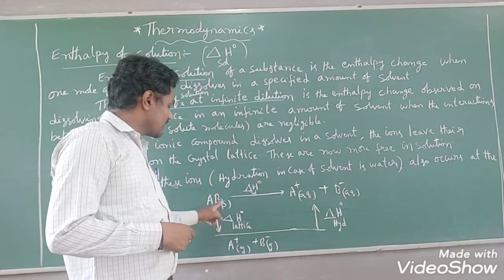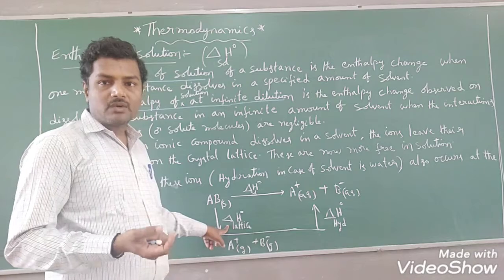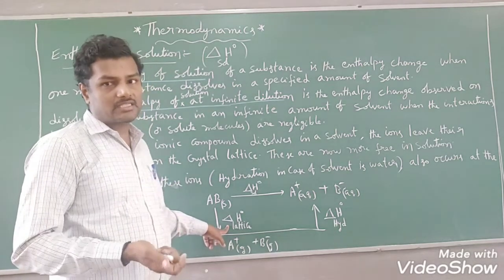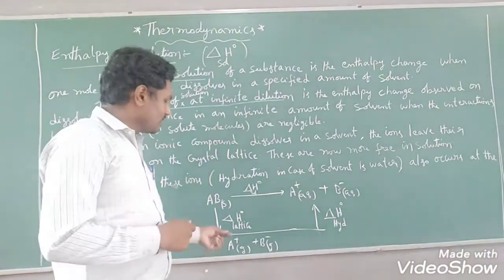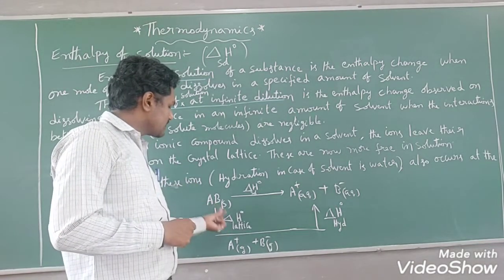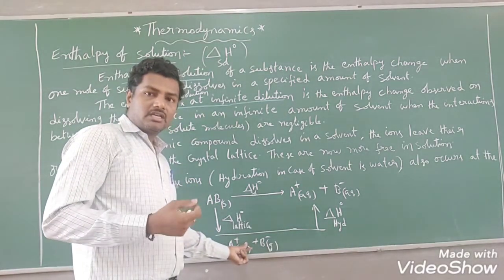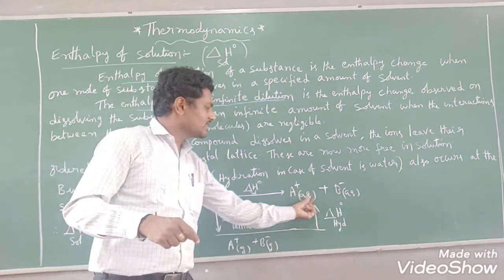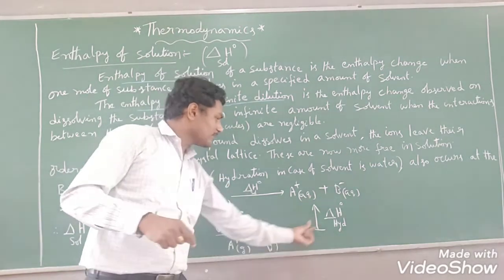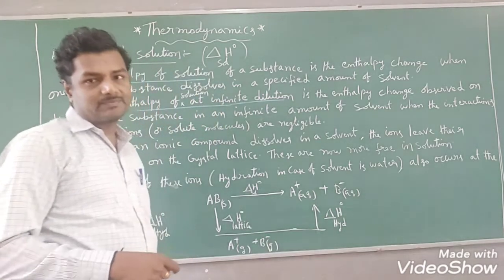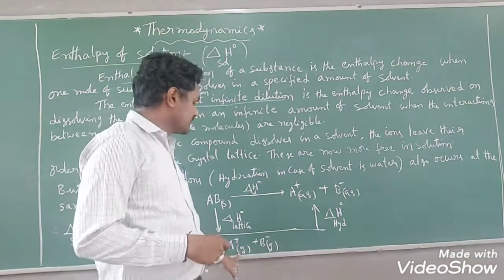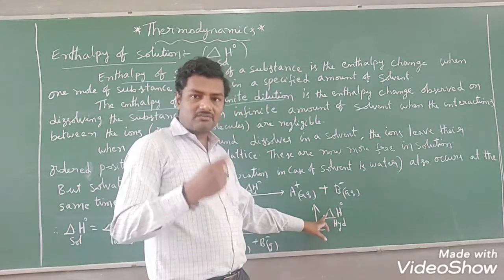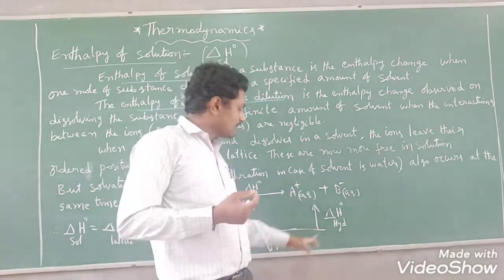That process we can call lattice enthalpy. What is the lattice enthalpy? How do we calculate lattice enthalpy in case of NaCl crystal? We will discuss now. Then, whenever we have converted this substance into gaseous ions, in the presence of water, it will convert into the aqueous medium easily. That process we can call hydration enthalpy. Gaseous ions will be converting into aqueous ions, and during that change, whatever the enthalpy change we have observed, that enthalpy change we can call